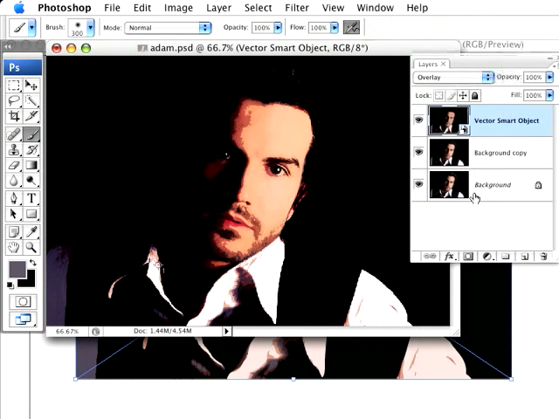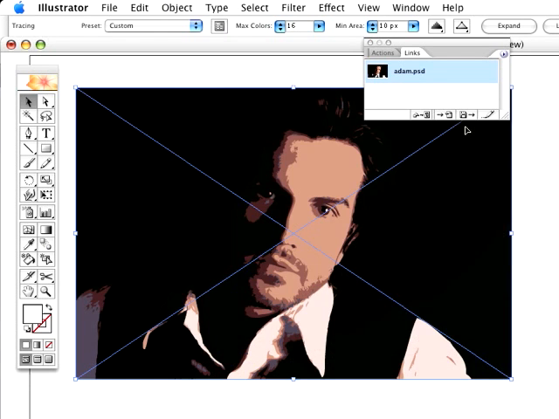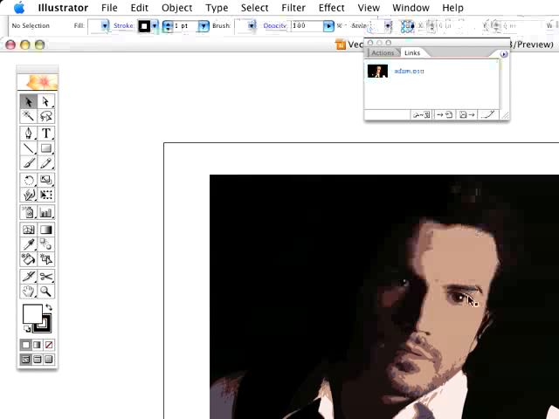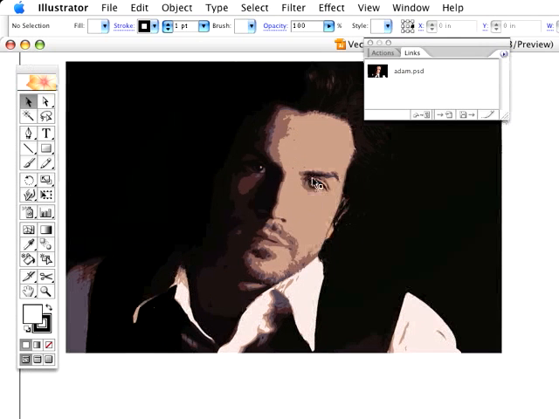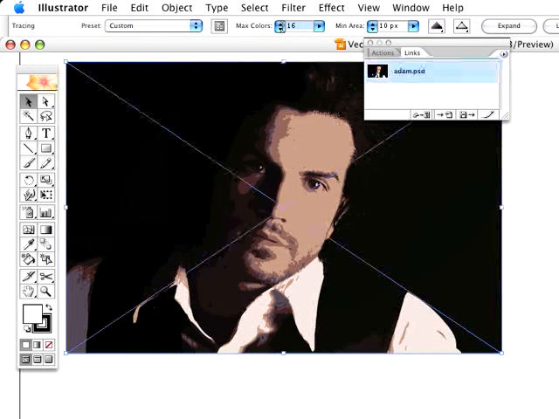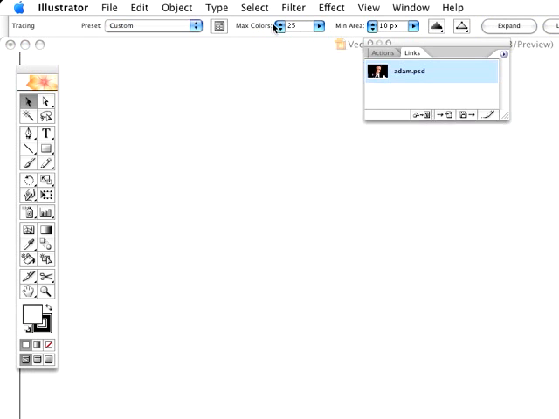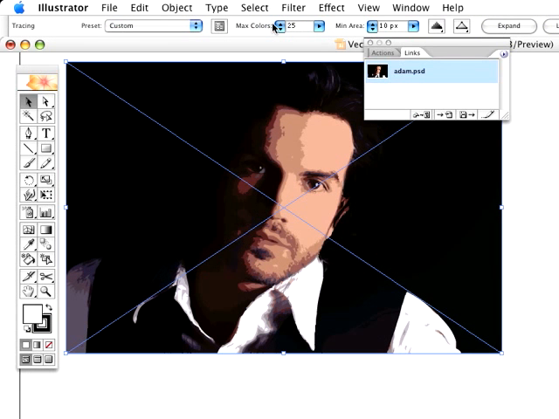So that's giving a pretty nice dramatic effect, but again it doesn't stop here, because if I want to experiment further, because this is a smart object, I simply double click on the smart object, which will of course take me back to Illustrator. It will update the live trace. Let me move it so you can see it. So now, for example, I could say, well, let's try if I did 25 colors. So we'll do that. It'll update the live trace. Say, okay, I like that, so I'll save it,